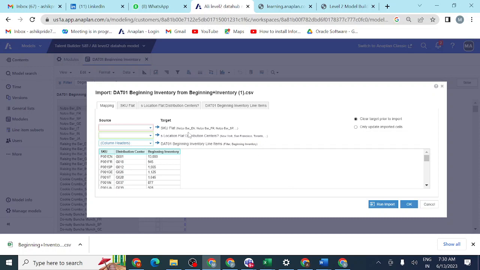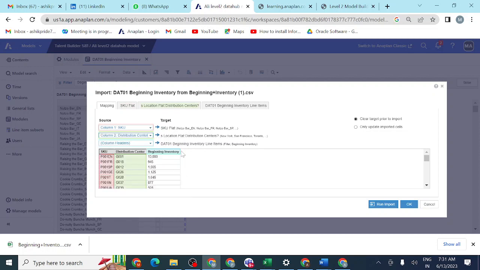For SKU, which one should I keep here? Column 1. For SKU, I should select column 1. Next, you can see the location, distribution center, New York. For distribution center, which one should I keep? Column 2. Yes, column 2.